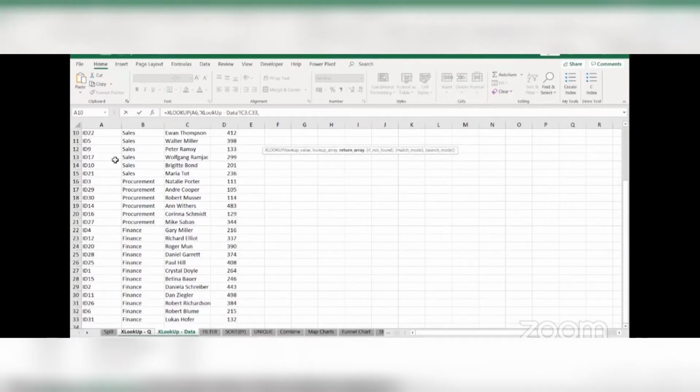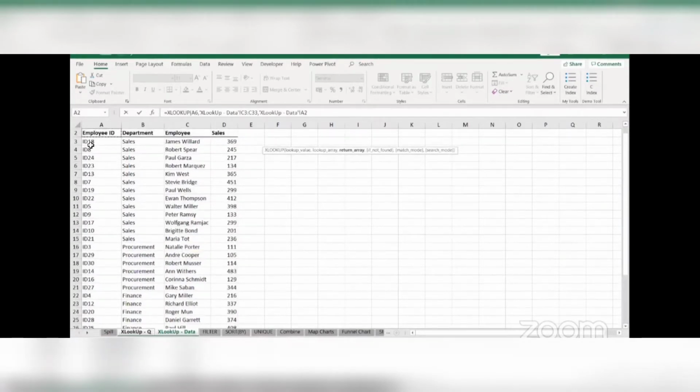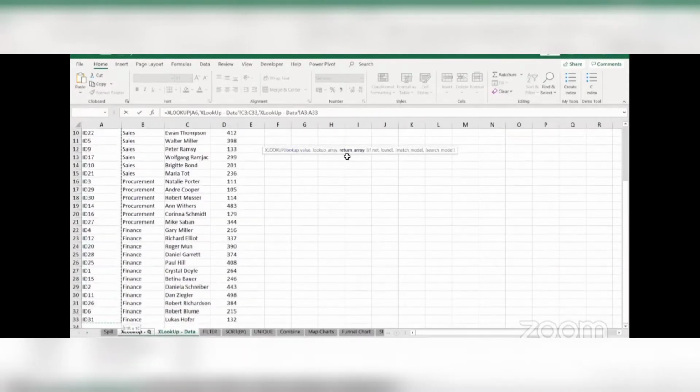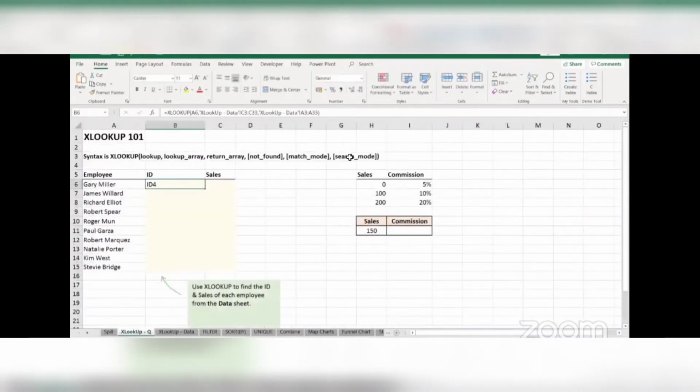So I will have to select the column of ID. So I will go here, select this cell, Control Shift down. Remember, return array is basically the column from which you want to get the answer. All right. So now we have specified the lookup value, the lookup array, and the return array. I can simply close my bracket, hit enter, and you get the answer of ID 4.